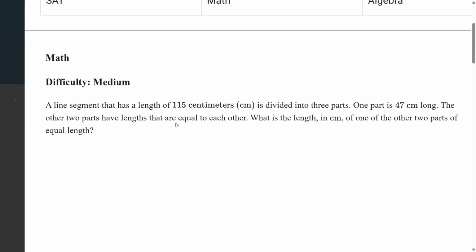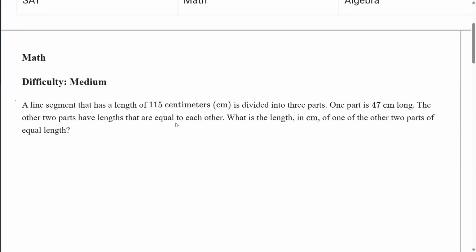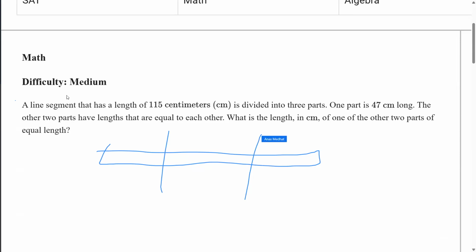A line segment that has a length of 115 centimeters is divided into 3 parts. One part is 47. The other 2 parts have lengths that are equal to each other. What is the length in centimeters of one of the other 2 parts of equal length? Okay, so we have a line segment divided into 3. This part is 47, and this part is the same as this part, and the whole thing is